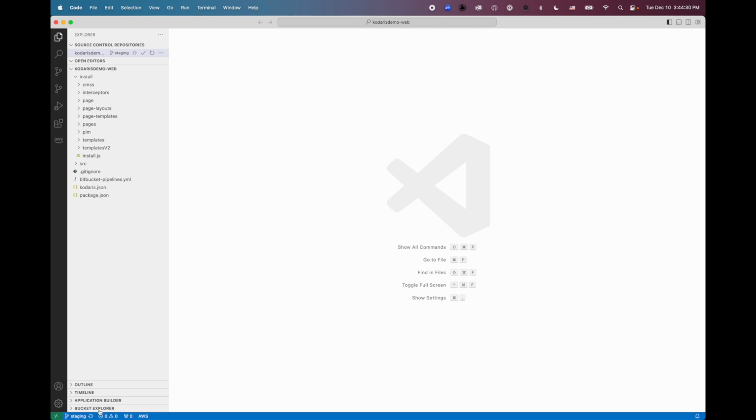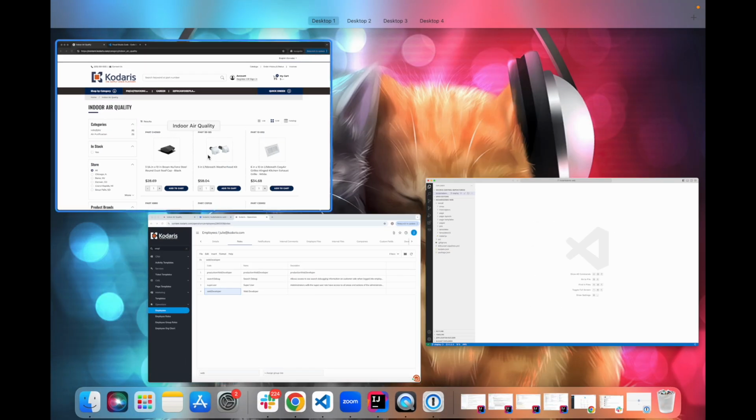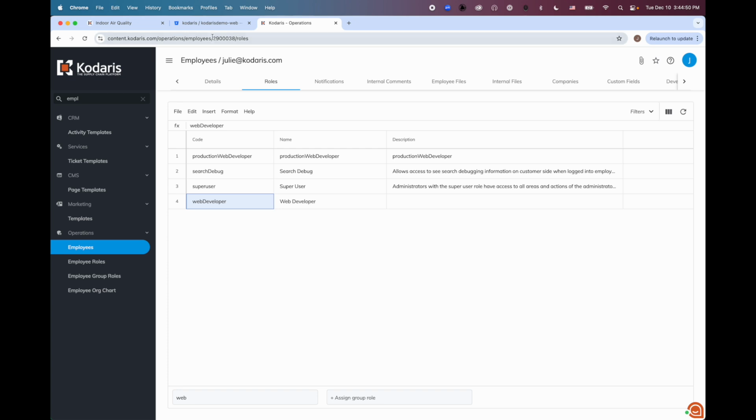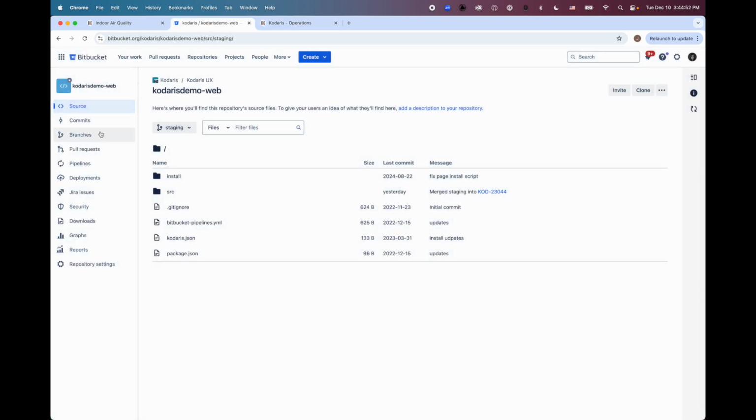As you can see in the left corner down here, we have our staging branch. This is the main development branch where all engineers' code gets pushed into at the end of the day. We also have a production branch that the website is actually running off of. So if we hop over into Bitbucket, we could bring them up real quick.